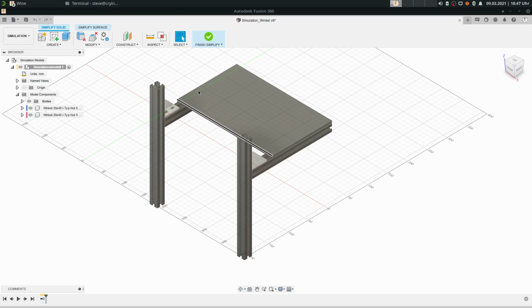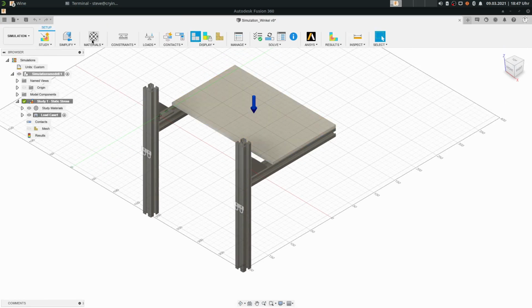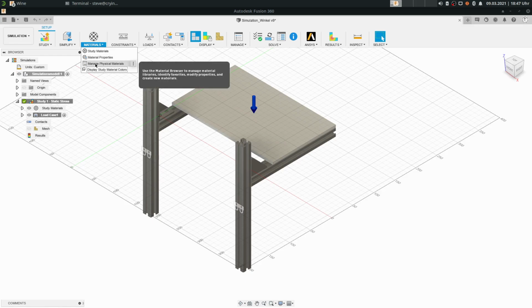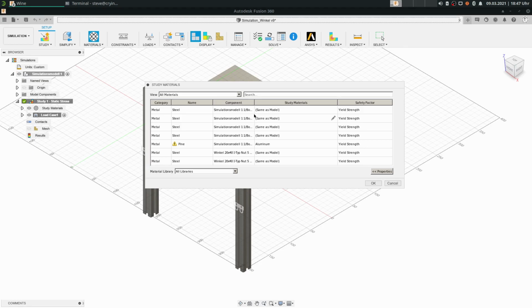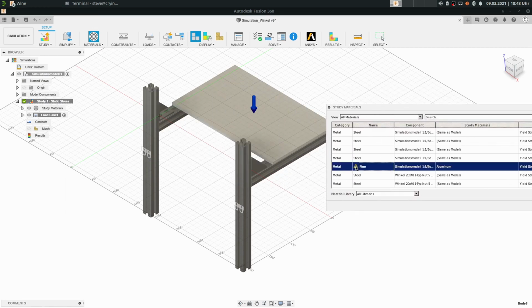So we finish this. Then we have the next one, study materials, material properties, manage physical materials, and display study material colors. So when we click here on study materials, then we can see some values: the category, the name, the component, study materials, and the safety factor. And now we can see here an arrow because the original material of this plate is wood,